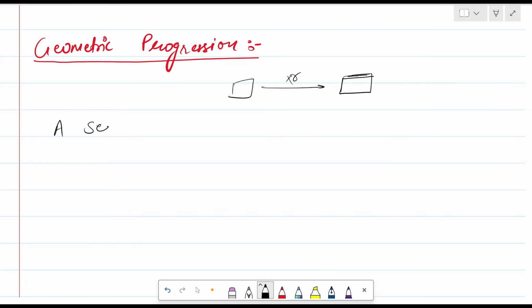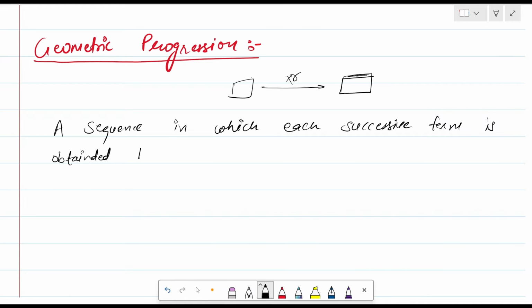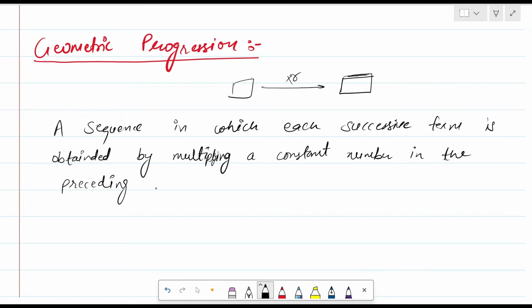So a sequence in which each successive term is obtained by multiplying a constant number in the preceding term. सो क्लियरली हम देख सकते हैं, हमने जब एपी की डेफिनेशन लिखी थी तो एपी में हम यहाँ पे कांस्टेंट नंबर ऐड कर रहे थे एंड जीपी में मल्टीप्लाई कर रहे हैं।